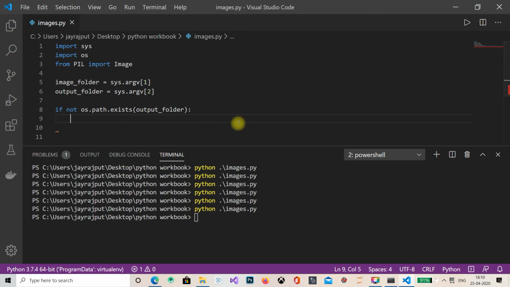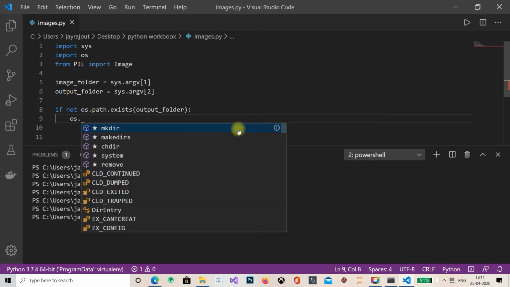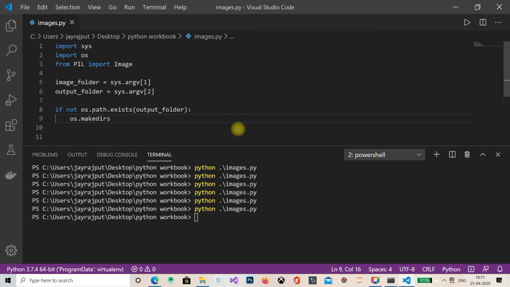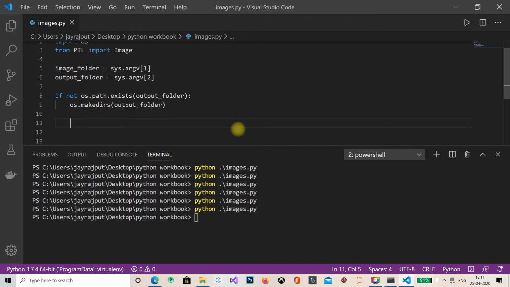Don't forget to use this colon, because when I was working with basic Python, I was always forgetting the colon, and I was always getting an error. So os.makedirs(output_folder), okay. So here our folder is created.